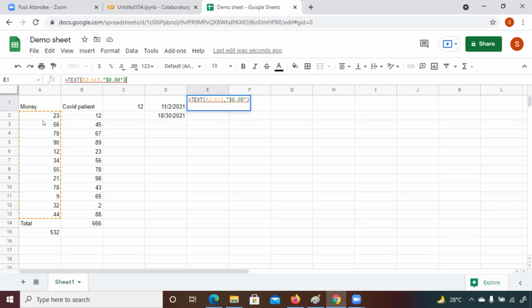We have taken the correct A2 to A13, right? It's giving some error. An array value could not be found. Okay, one minute, let me check it. Let me try here. One minute. TEXT function.